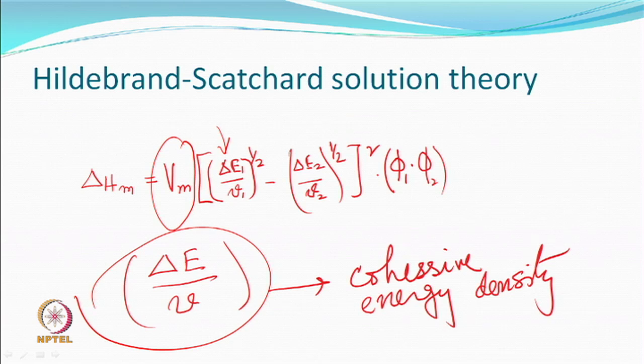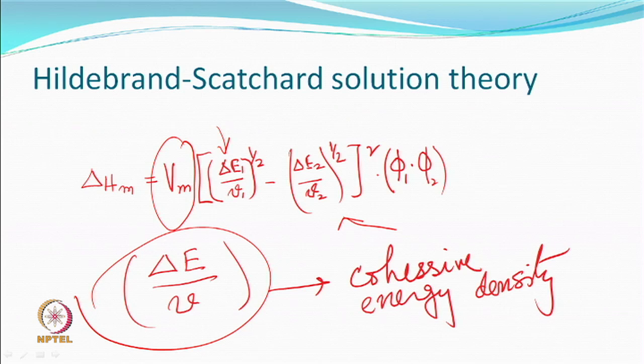So, in an amorphous system, maybe you will require less energy to separate them out. Let us say one is the solvent, the other is the solute. What it says is that the cohesive energy densities of these two are related through the difference of the square roots of the cohesive energy density, and if you square them up and multiply by volume fraction, it tells you how much is solvent, how much solute, or how much is one solvent versus the other solvent.